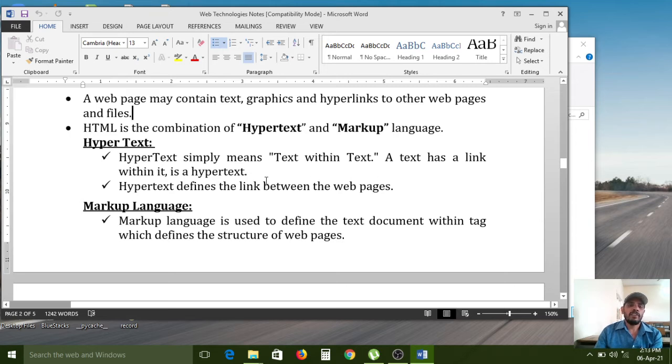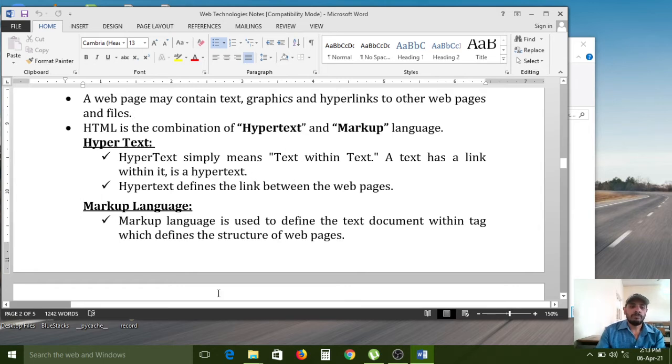For example, if you want to develop any web application, compulsorily you need to use some HTML tags. HTML tags also contain text, and whatever text we need to present in the website is also text. So in between two tags there is text content, and between two tags whatever content we need to represent is also text. That's why it is called text within the text. All of you carefully observe.